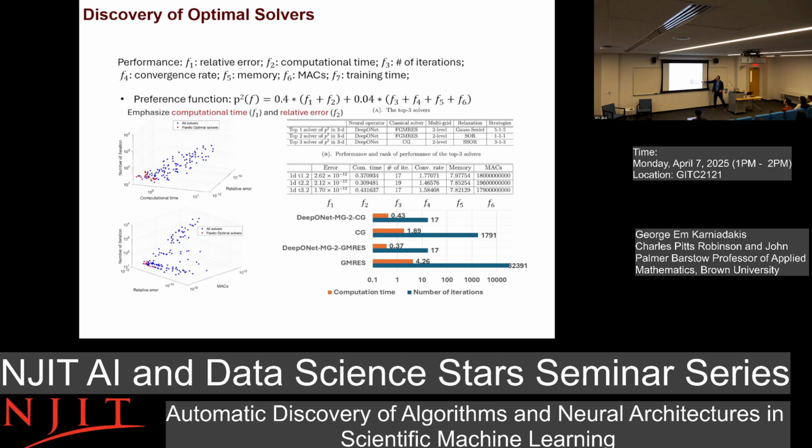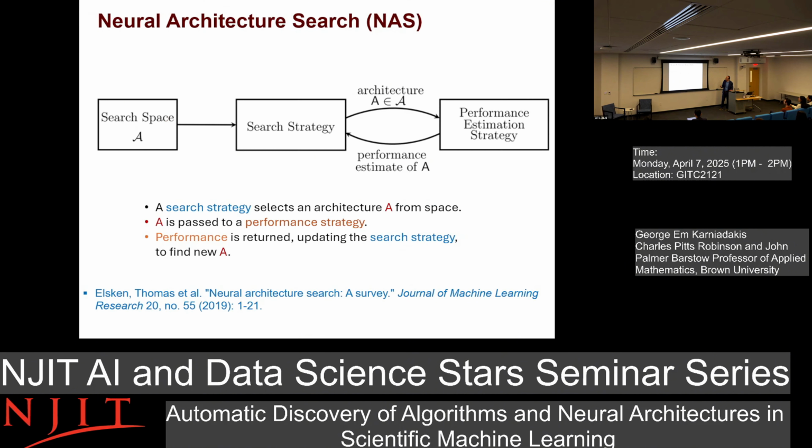And again, this is what I told you earlier. There's a huge, here's like 8,000 iterations, 3,000. But it goes down to 17 iterations. So there's tremendous advantage of using this, so you can develop your own algorithm, you can give it your own name and so on. Now, the last piece I want to tell you about is, how about neural architectures?